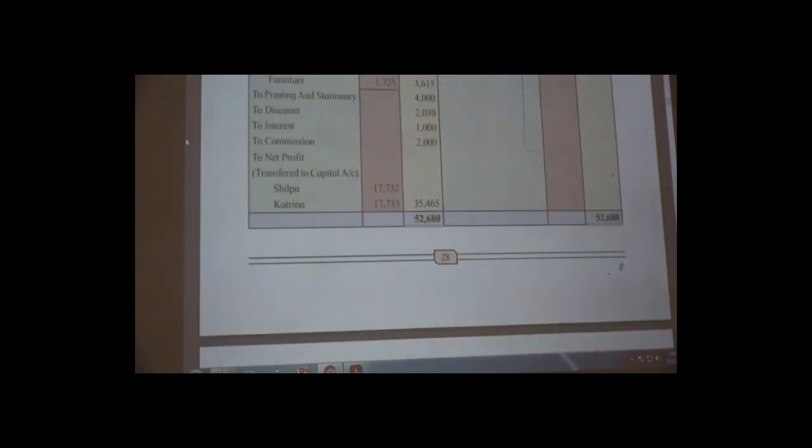So come to the salary, where we have written the salary, in the profit and loss account, debit side. So see here, salaries, as it is the advance paid, that's why we are deducting it. Remember that. It is the advance payment, that's why it is deducted from salaries. 5000 minus 2000, that is, the net amount is 3000. It is written in the outer column.